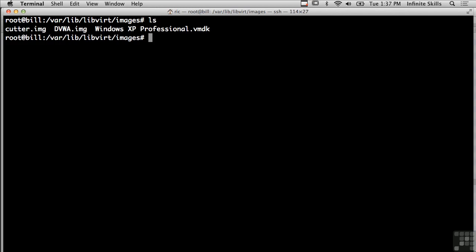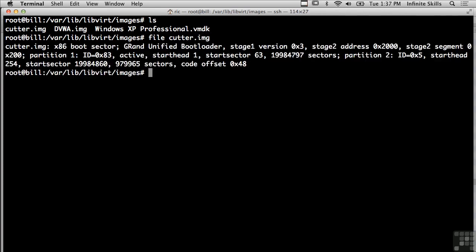images are stored. So I've got 3 disk images here, and I've got 2 of them that look to me like they are probably raw images. And let's take a look there. So it looks like there's an x86 boot sector and a grand unified bootloader. So I've got a system that's running Grub, which says to me it's probably running Linux. And the fact that it's presenting a boot sector tells me that I've got a raw image on my hands